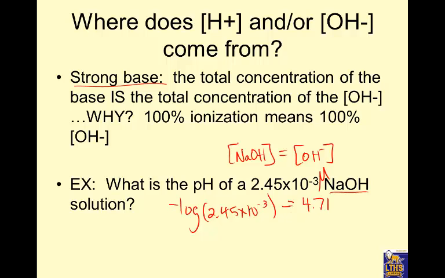But wait, if I take the negative log of hydroxide, I'm getting pOH. If you negative log OH, you're getting a pOH. And then pH plus pOH is always going to equal 14. So the pH is going to be equal to 14 minus 4.71. So the pH of this solution is